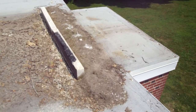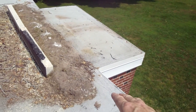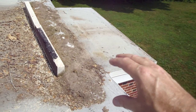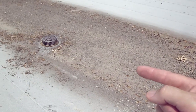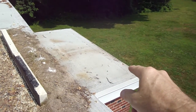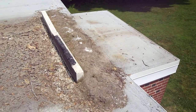A more permanent answer would be to incorporate that tapered insulation on these ends too, and that means putting a raised profile around the perimeter with wood nailers, and then the higher metal edge, and then tapered insulation in here that would pitch the water back this way towards the drain, which is about 14, 16 feet from this far end here. So there's a couple of ways we can do this. I'm going to brainstorm on it a little bit, see what I can come up with, and get you something in